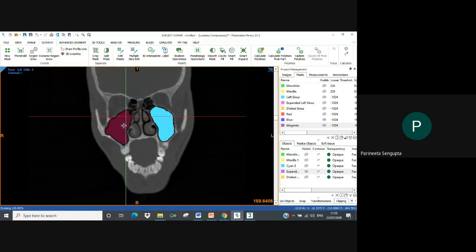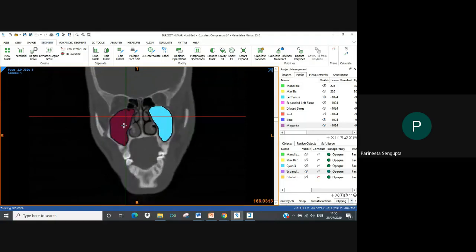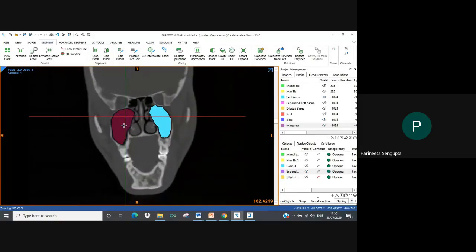So what I'm going to do now is I'm just creating a random bone mask and I'm going to export that STL.